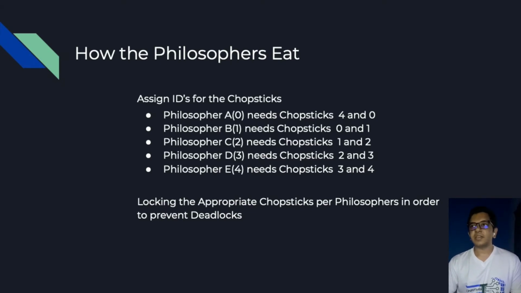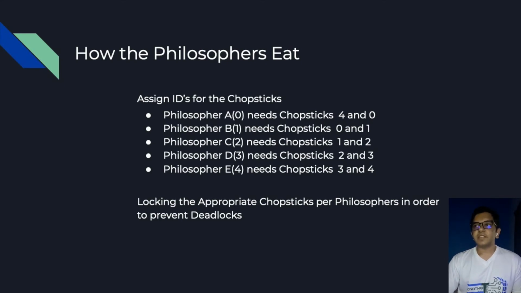So if you take the philosophers, and assign them some random IDs, let's say A, B, C, D, E, according to the philosophers. Then we will be assigning IDs for the chopsticks as well, as 0, 1, 2, 3, 4. In future reference, we will be programming this. That's why I have assigned from 0 to 4, in order to keep the data records in an array.